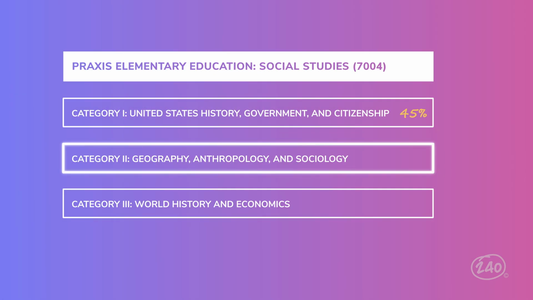Ready for the second category? The second consists of 16 questions, which is 20% of the exam. Let's stick to our pattern and highlight a key concept from the geography portion, and then one on anthropology and sociology. For the geography questions that you'll see, it's important to know where major land and water areas are located,